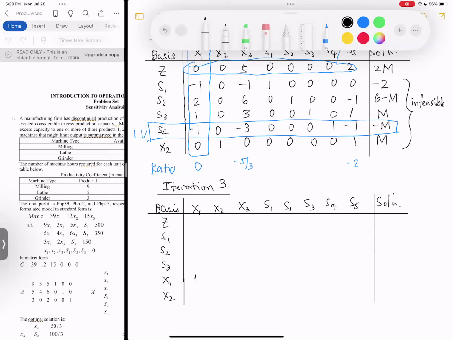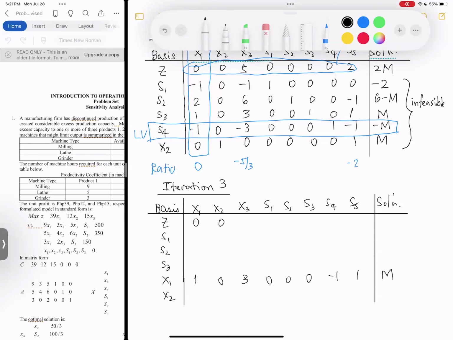So this one is 1. Divide by -1, no? So 0, 3, 0, 0, 0, -1, +1, and m. Okay, and then you have to convert the elements below and above it to 0. Okay, so again, I'll take care of the 0 and x2 row. The rest you can work.